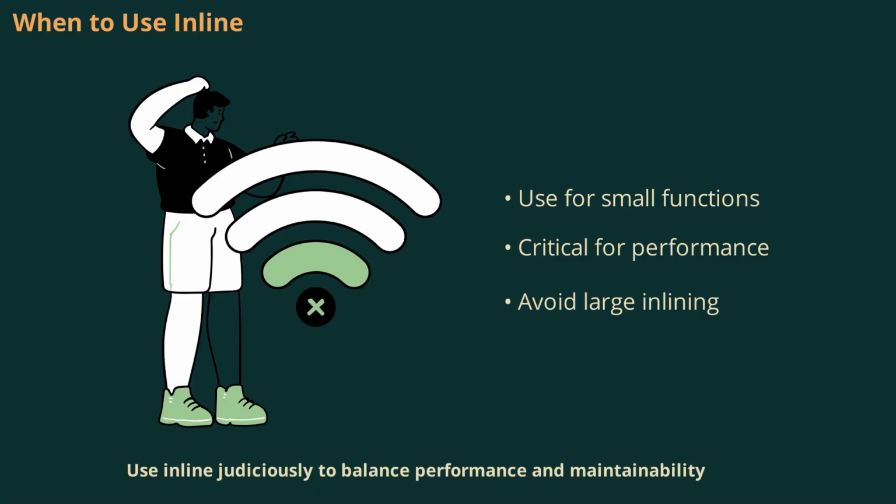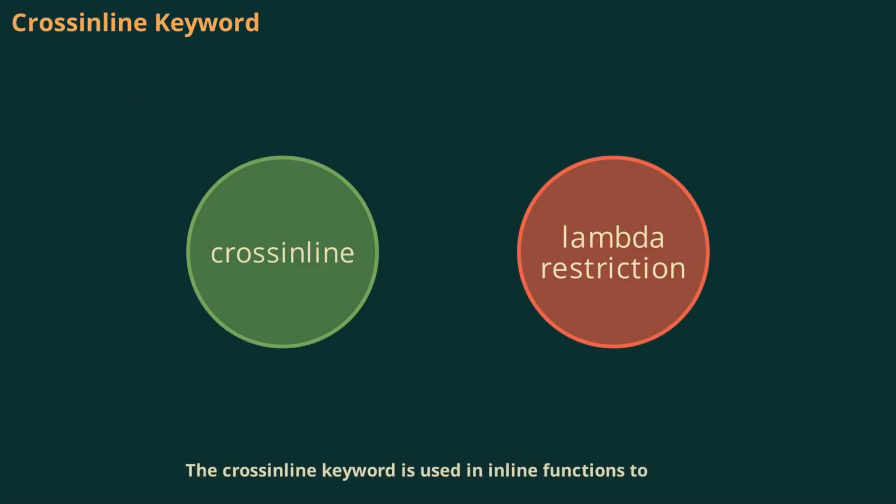Use inline judiciously to balance performance and maintainability. The crossinline keyword is used in inline functions to ensure that the lambda parameter cannot use non-local returns. This restriction is helpful when the lambda is passed into another function or coroutine, preventing unexpected behavior. Crossinline maintains the benefits of inlining while controlling the lambda's behavior, making your code safer and more predictable in complex